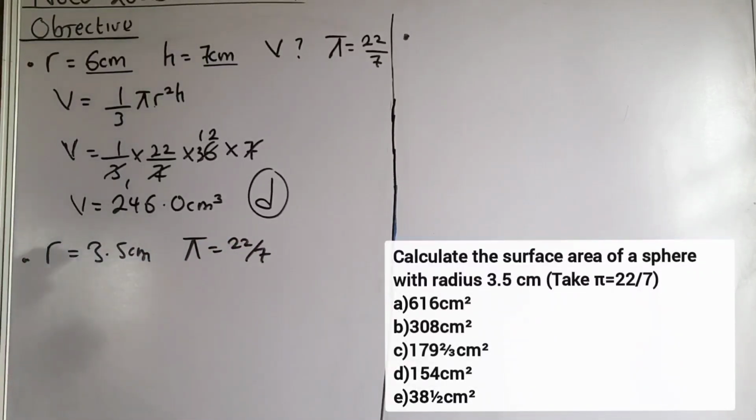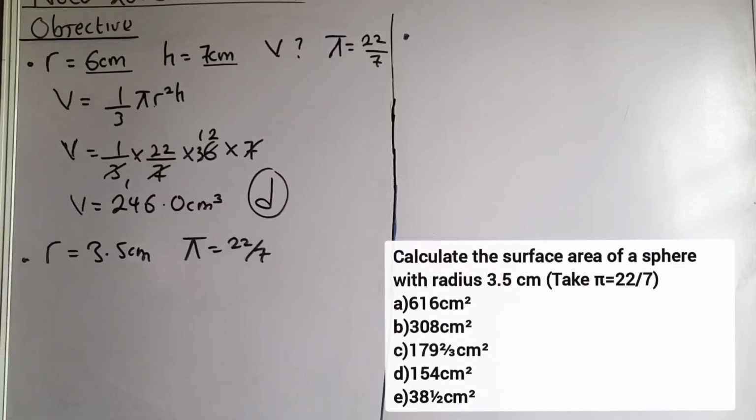Now listen to me carefully. Anytime you are not given pi in a mathematics question, make use of 22/7. You understand? Don't use the approximated value. Do you understand what I'm saying? Don't use the approximated value. Let's say for example, in this question, you are not given the value of pi. Make use of 22/7. Are you getting it? But if you are given as 3.5,